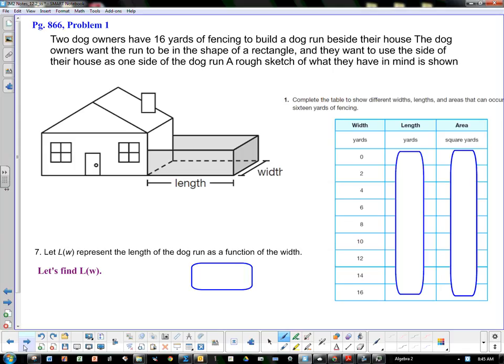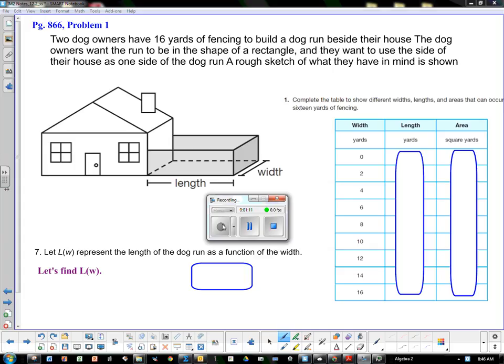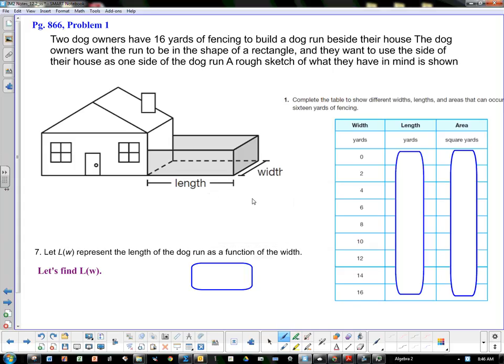We begin with a tough problem today, and the problem, well, it's not a difficult problem. However, we're dealing with area again. All of these area models in quadratics have this very, very close relationship. So it says here, two dog owners have 16 yards of fencing to build a dog run beside their house. The dog owners want the run to be in the shape of a rectangle, and they want to use the